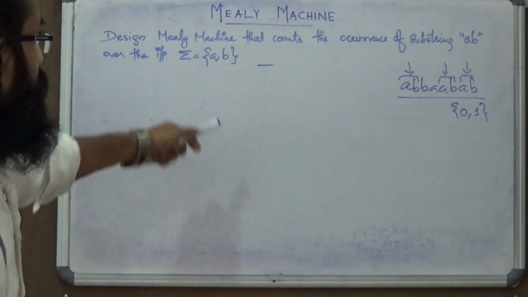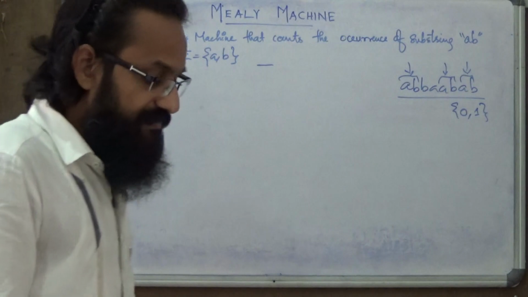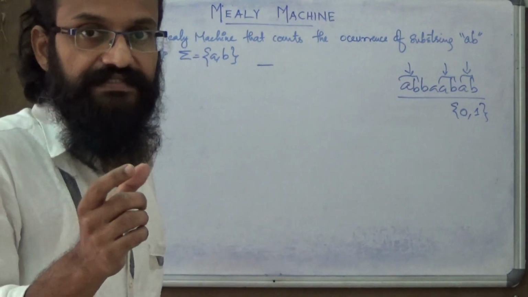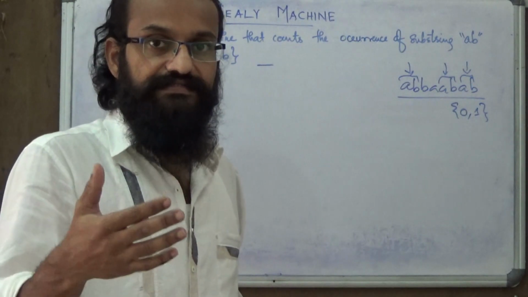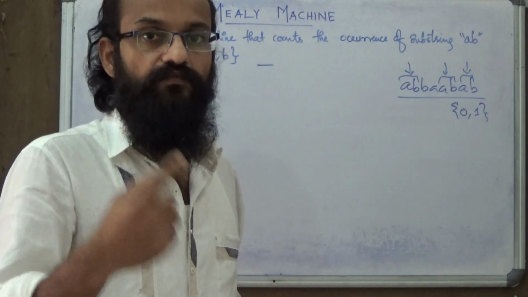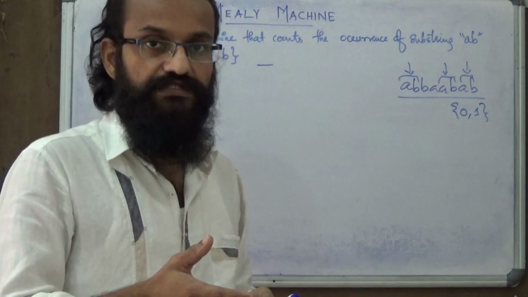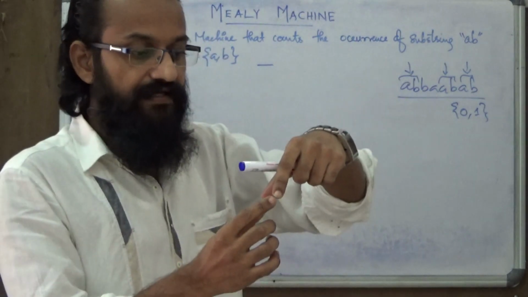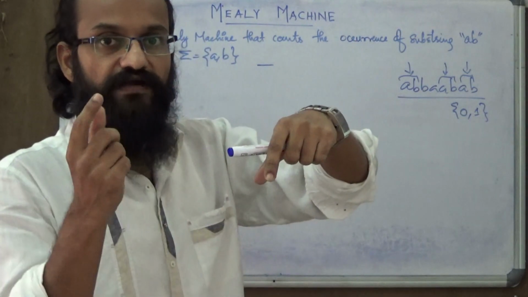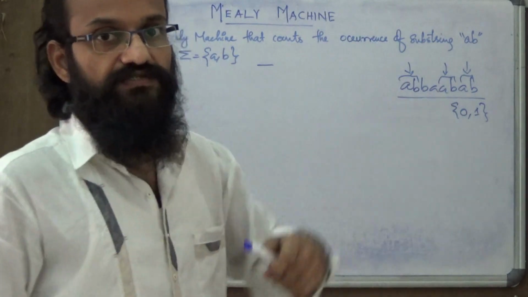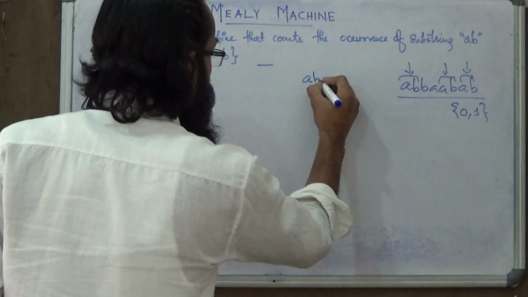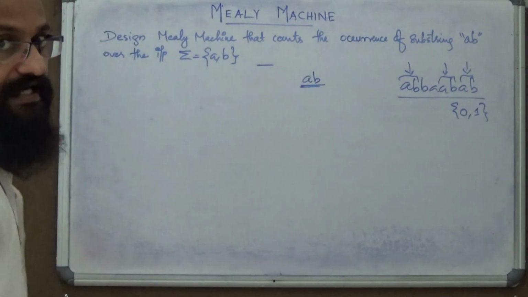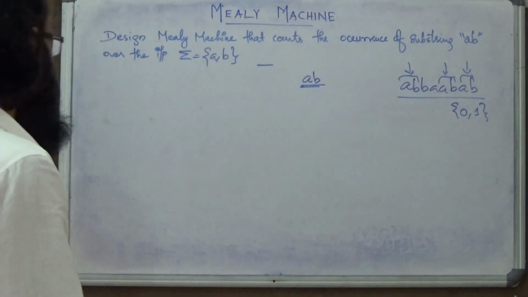Okay. So before moving to the design, first we have to identify the minimal string for which your model generates output 1. So it will generate an output string, and whenever it recognizes the minimal string AB, 1 will be generated and attached to the output. So the minimal string is AB. So first you can construct the transition diagram corresponding to AB.